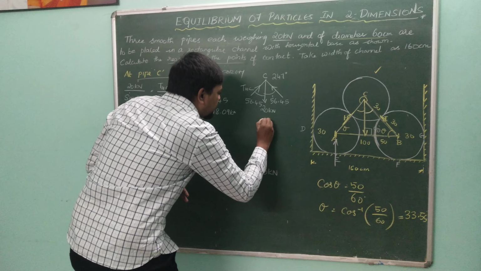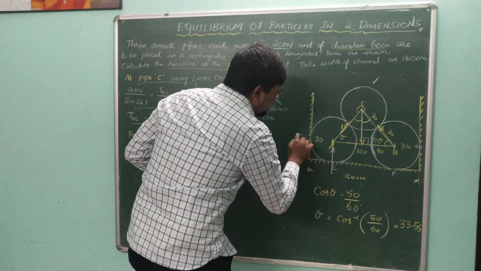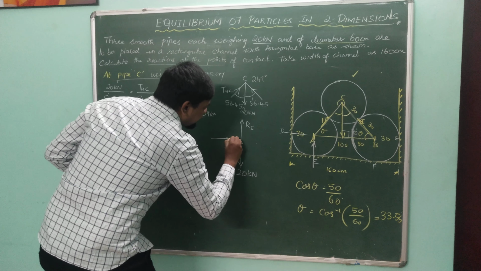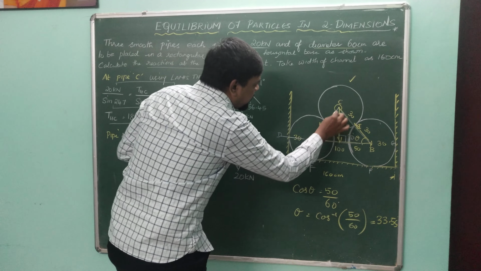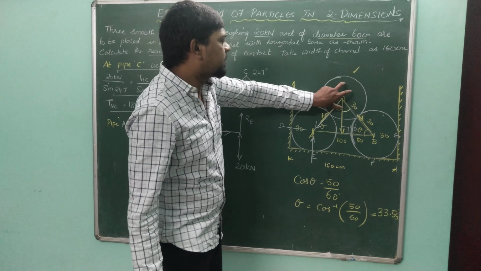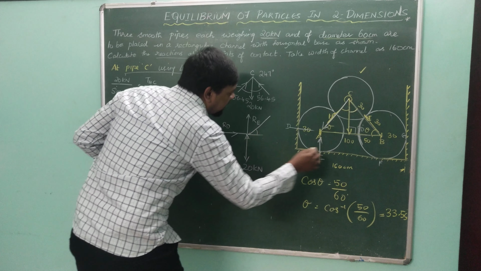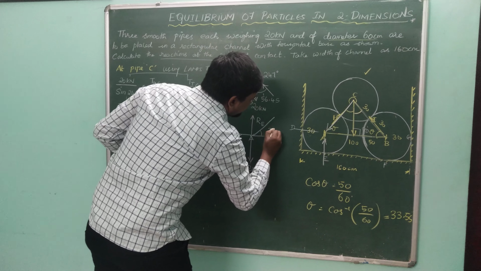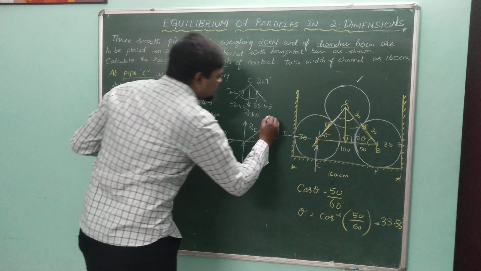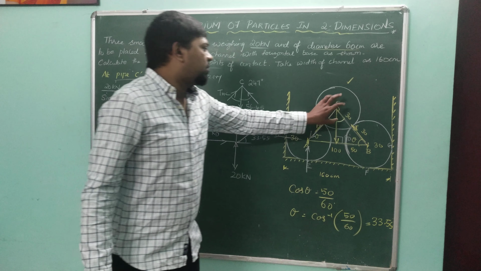Let me take it to the other point, that is RE. Again, exactly horizontally a reaction is going to act, that is RD. And at this point, another tension is going to act towards this object because this pipe is placed over there. So a reaction is going to act here. Already we have found the value of theta, that is 33.55, and we know this value, that is 18.09 kilonewton, which was found for this.